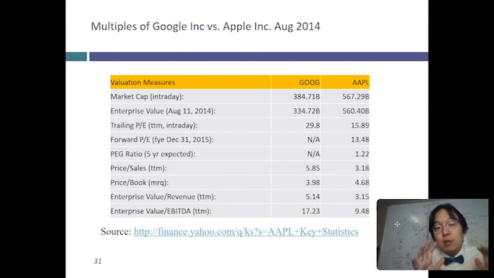So we're going to learn about this EBITDA later on. Essentially, the EBITDA is a proxy for operating cash flow. So based on your day-to-day business, for each dollar of earnings in your day-to-day business, the cash flow, how much are the investors in the market willing to pay? Okay, so based on these metrics, you can compare Apple versus Google in this table.